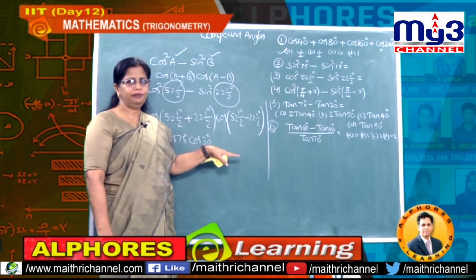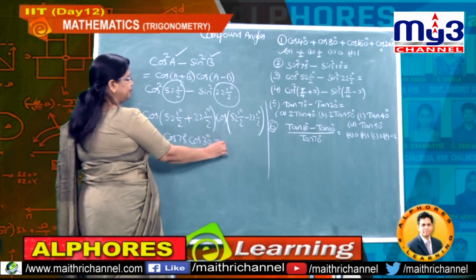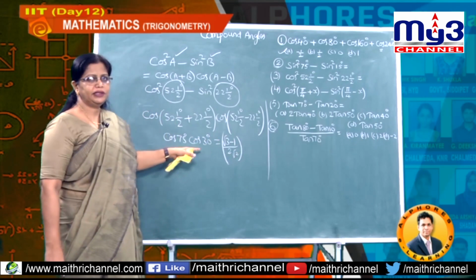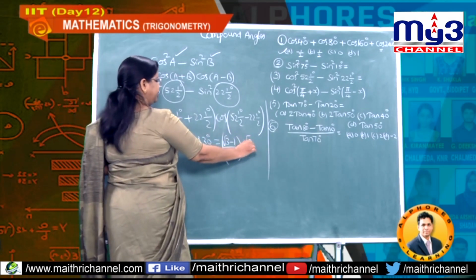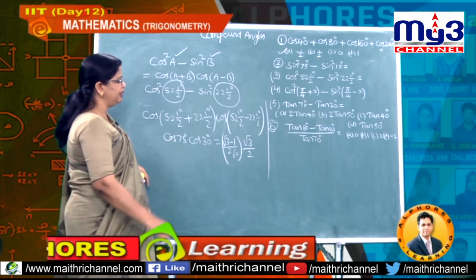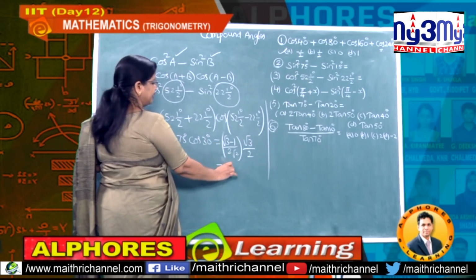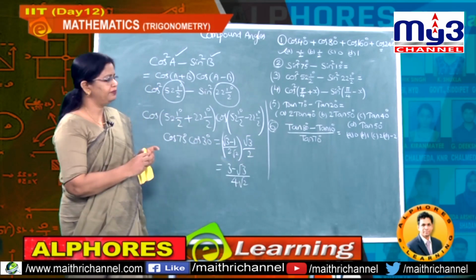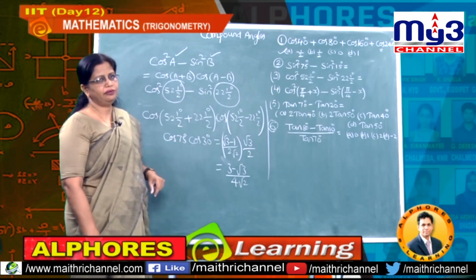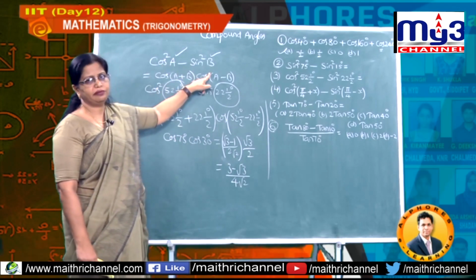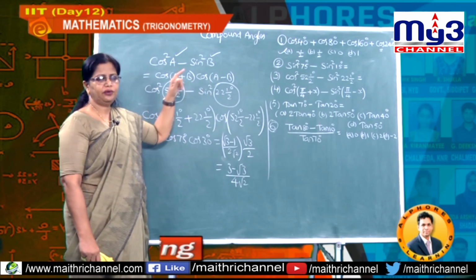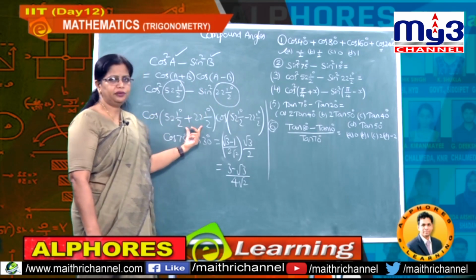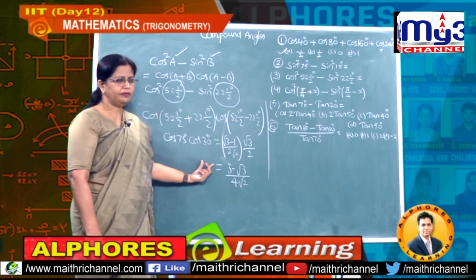What is cos 75? Same as sin 15. So, sin 15 is nothing but (root 3 minus 1) divided by 2 root 2, and into cos 30 degrees. What is the value? Root 3 divided by 2. Now, if I multiply, this is nothing but (3 minus root 3) divided by 4 root 2. Understand, students? Therefore, in this way you can make use of the formula cos square A minus sin square B, that is cos (A plus B) into cos (A minus B), and here it is A, this is B. So, we substituted and thereby we got this kind of result.